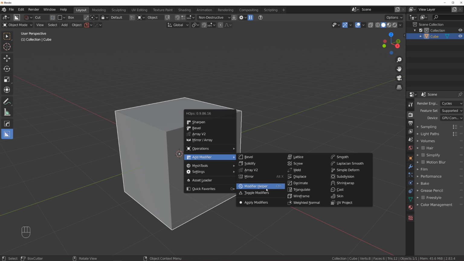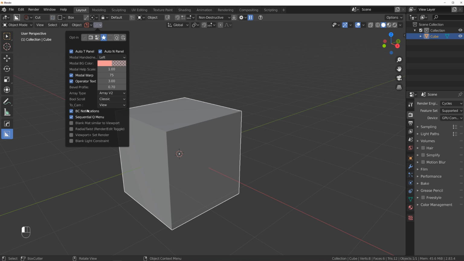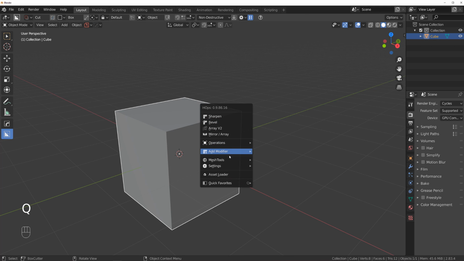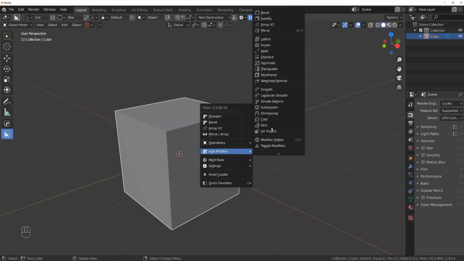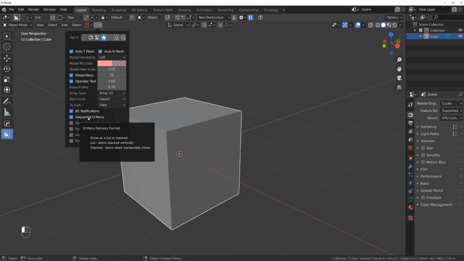compact fashion. In the original HardOps, there is a long list of modifiers going up and down, and you can see it in here. So if I go to modifiers, there you go, it's a long list and you have to scroll it, which is a little bit annoying. So this one is a very welcome addition and change to